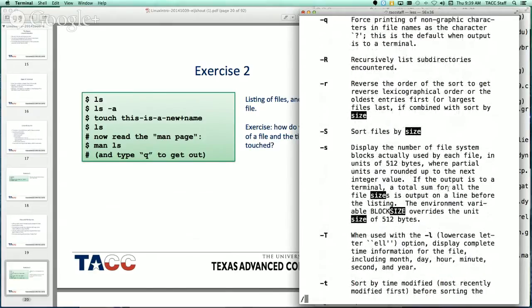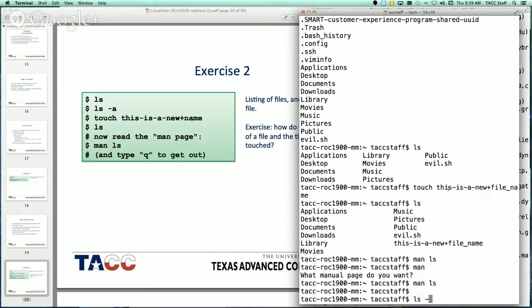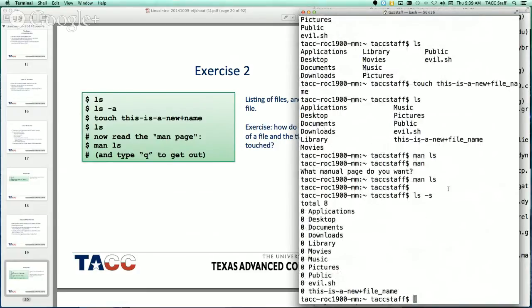Anyway, so you can search through your man page, and at some point you'll find the -s option. So if you do ls -s,